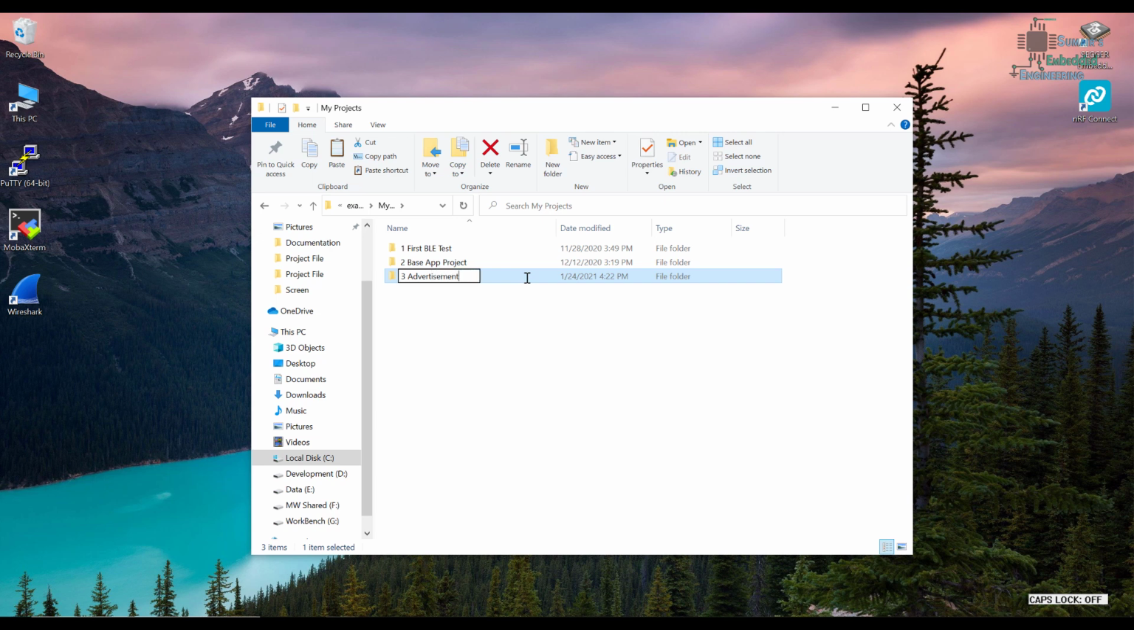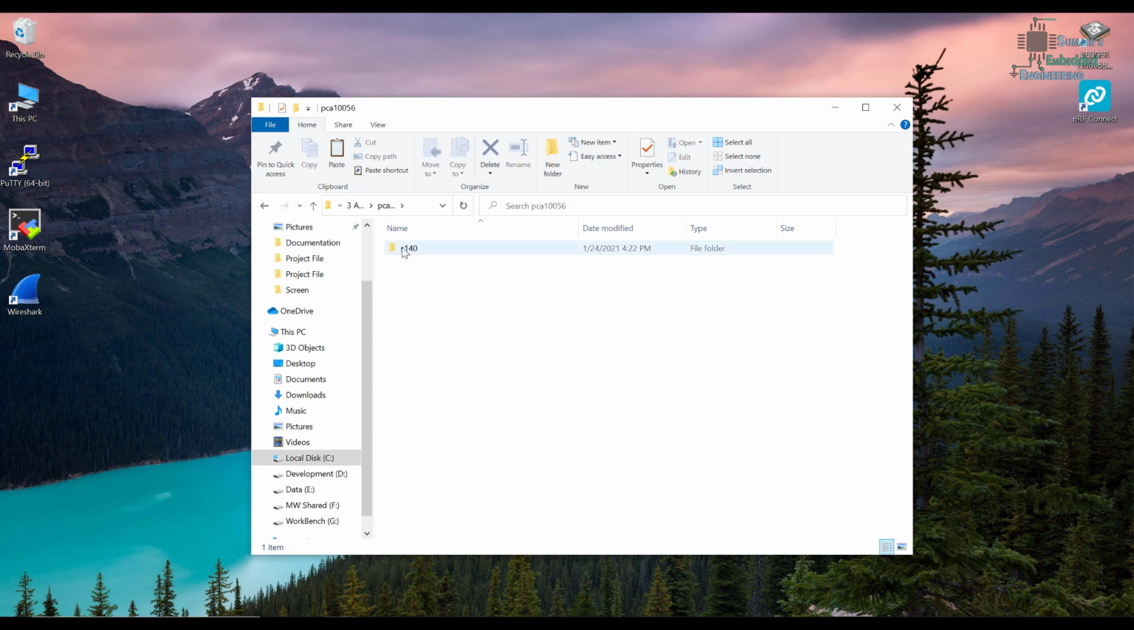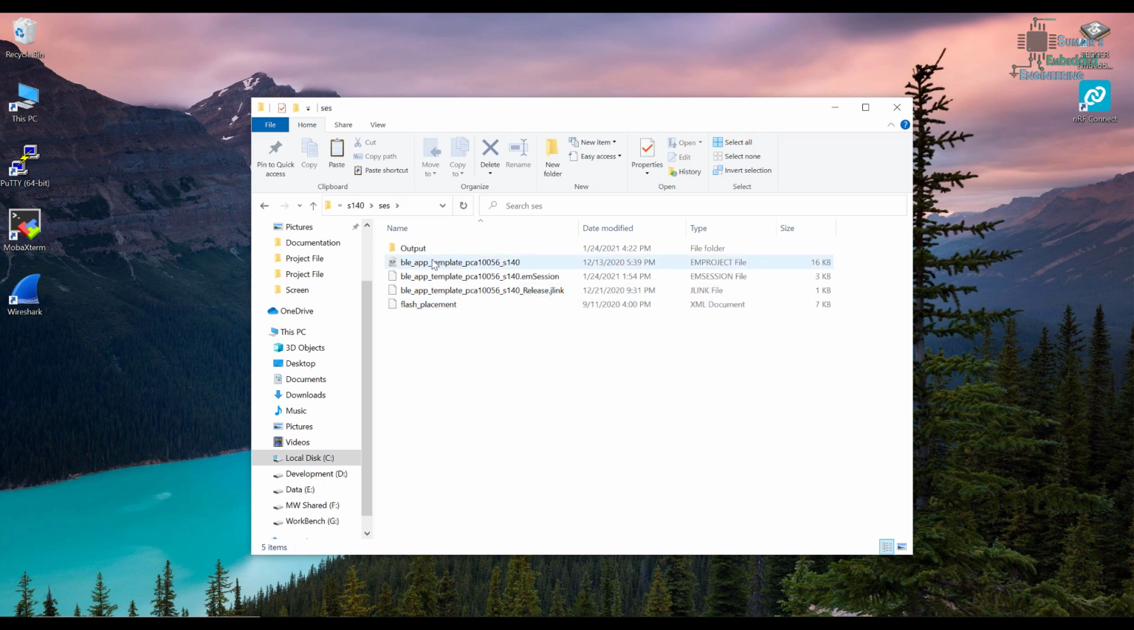and its name would be advertisement and random static address. So I will open this. If you are using nRF52832, you should open this one, and if you are using nRF52840, open this one. I'm using nRF52840, so I will open PCA10056. Our soft device for this is S140. For nRF52832, it's S132. So I will open this, and here is the Segger Embedded Studio folder, and open the